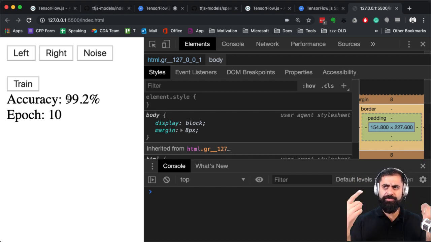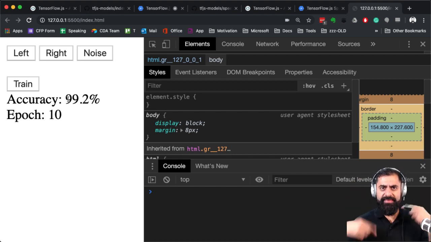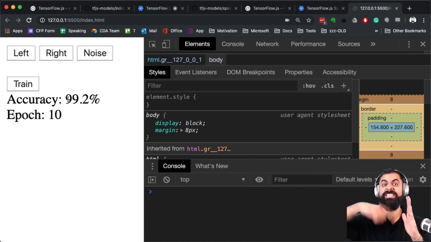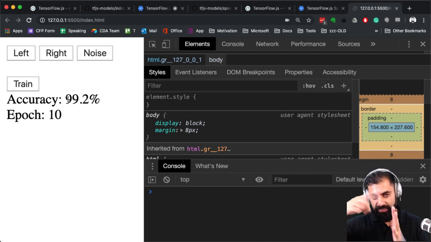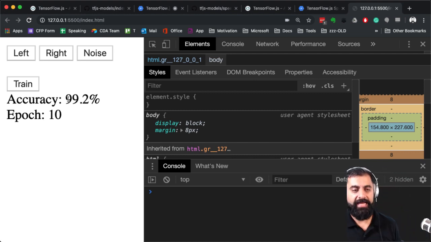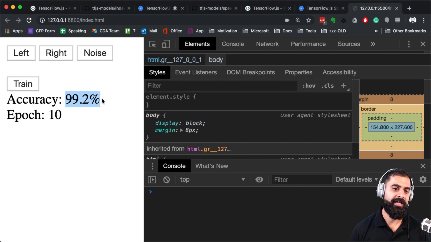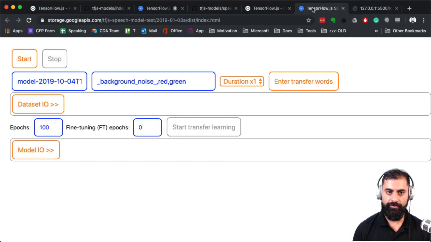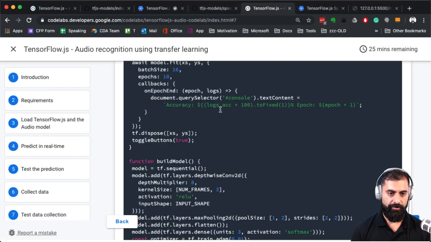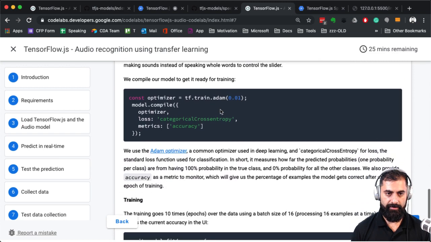The more you learn something and practice it, the better you get. Every time it goes through each epoch, each lesson, it's the same data. It just gets better and better. And the accuracy tells us how good it is. So right now it's 99.2% accurate. All right. We still can't use this model yet in this example, so I presume they've got something else here.